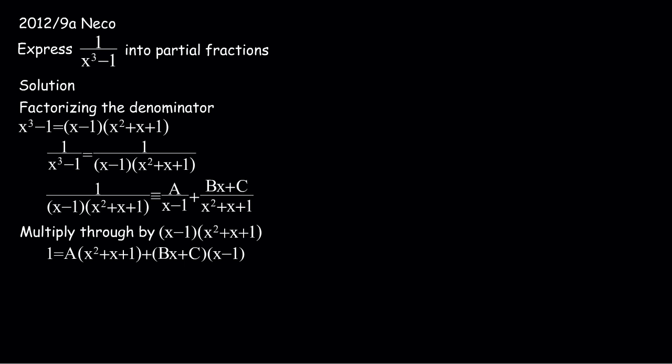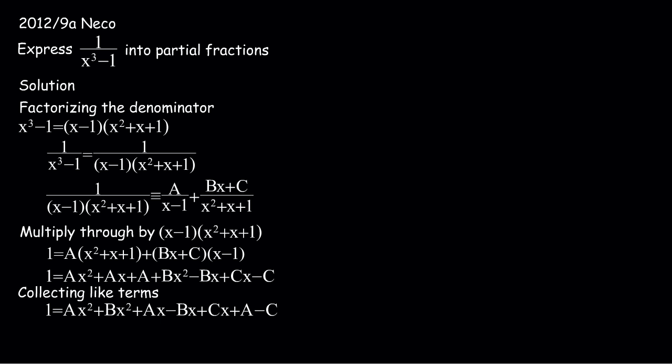Our next step is to expand our bracket, and after expanding we are left with 1 is equals to as squared plus as plus a plus bs squared minus bs plus cs minus c. The next step is to collect like terms, and when we do that, 1 will be equals to as squared plus bs squared plus as minus bs plus cs plus a minus c. We are going to be factoring out at this junction, and when we factor out, it becomes 1 is equals to a plus b in bracket s squared plus a minus b plus c in bracket s plus a minus